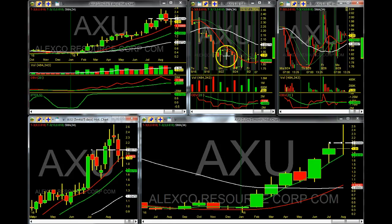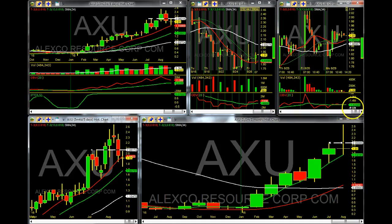Looks pretty nice. Looks like a nice consolidation effort on the 5-hour chart. So AXU looks good. Just need a little patience on the upside. And one thing I neglected to mention yesterday on this